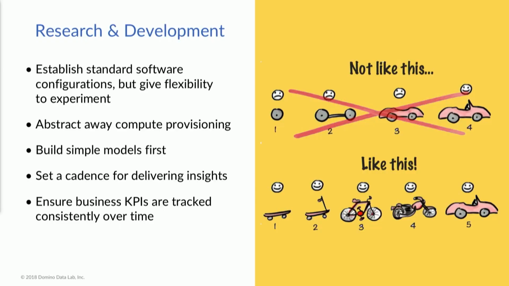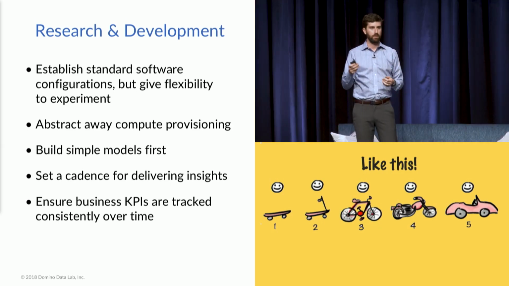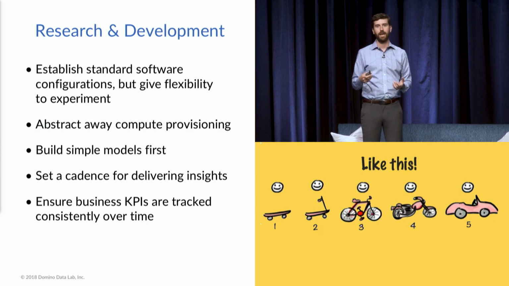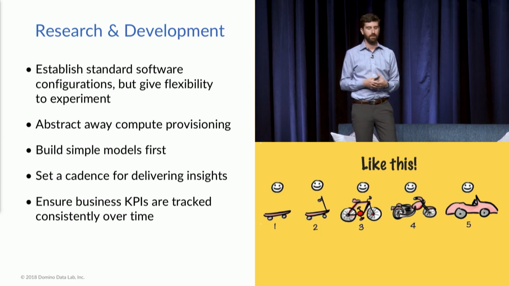When you get into the meat of the data science process, this is what we call research and development. It's called data science for a reason. And so oftentimes this is where people are exploring data. They are testing hyperparameters. They're trying different algorithm types. And so some of the things that we've seen people go wrong is data scientists spend too much time trying to manage the infrastructure as they swap in and out. One time I want to use R, another person wants to use Python. It's too hard for those people to work together. And oftentimes they spend a lot of time trying to manage that constantly evolving stack.